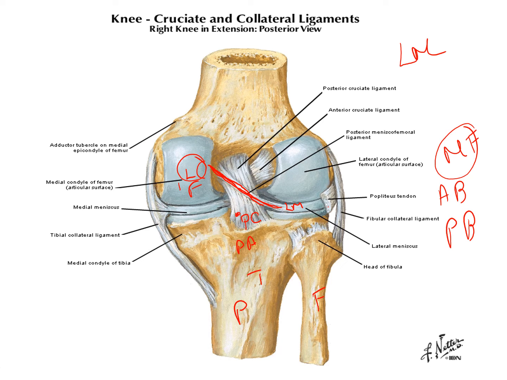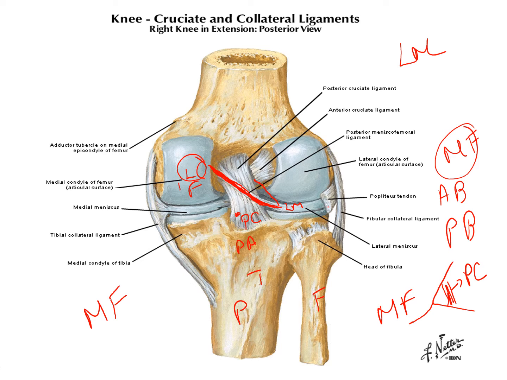So this meniscofemoral ligament has two bands, an anterior band and a posterior band, and they embrace a ligament. That ligament is called the posterior cruciate ligament. So the anterior band will pass in front of the posterior cruciate ligament, and the posterior band will pass behind the posterior cruciate ligament. Let us see how this meniscofemoral ligament will protect the lateral meniscus.